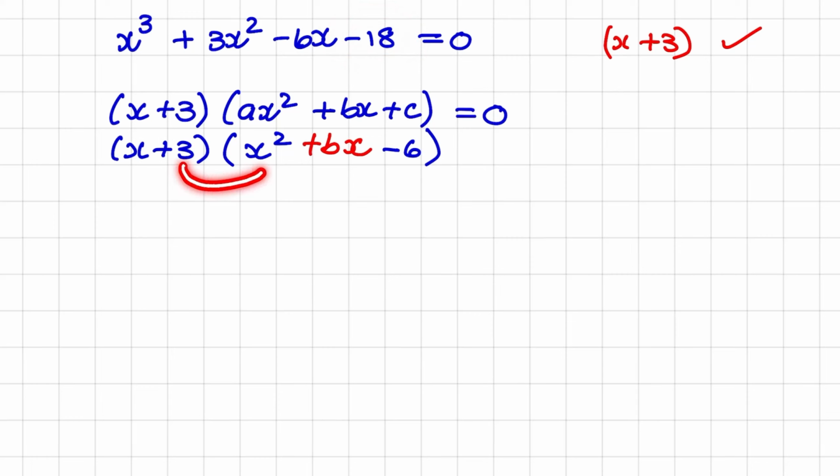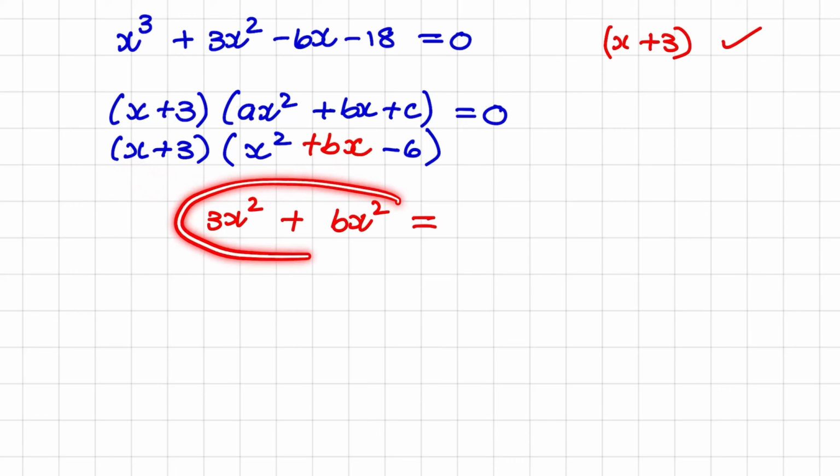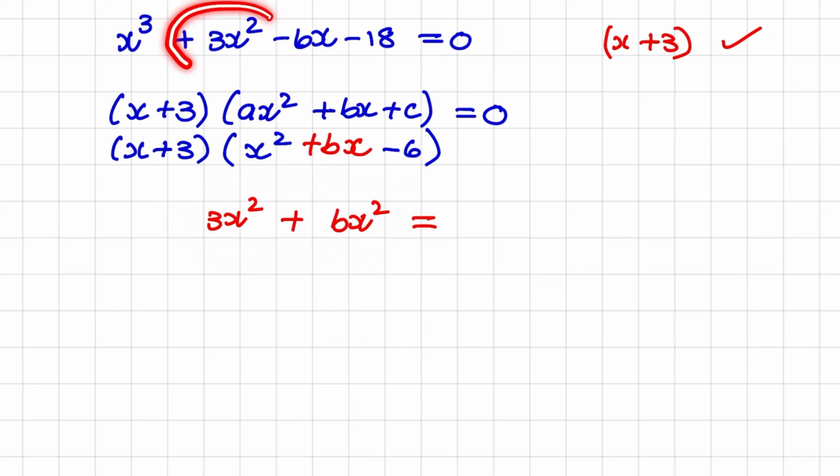So 3 times x squared would be 3x squared plus x times bx, and that will be bx squared. And if I compare those with our original expression, it must also be equal to 3x squared. So it's 3x squared. And if I solve for b, I drop the x squares, and I find that